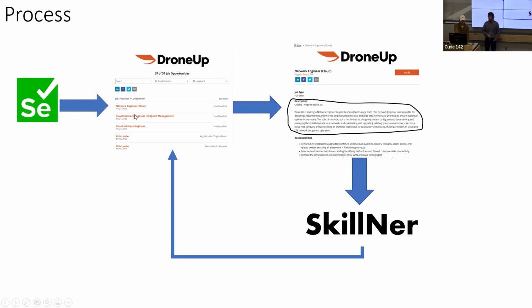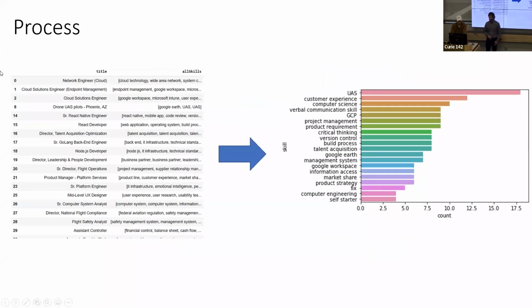Selenium goes through each of the job listings from top to bottom and it collects the description from the job and uses Skillner to extract the skills, and then goes back and does it for every single job until it reaches the end of the listing. And once we have all the job titles and the skills for that job title, we then put it in a data frame,